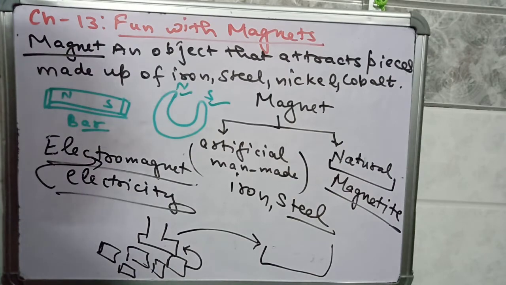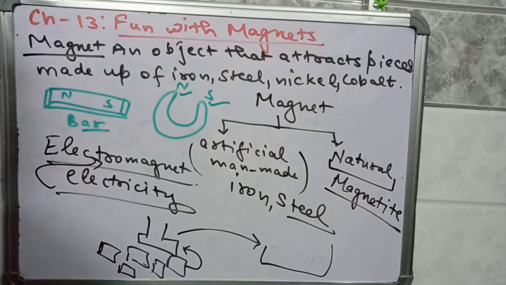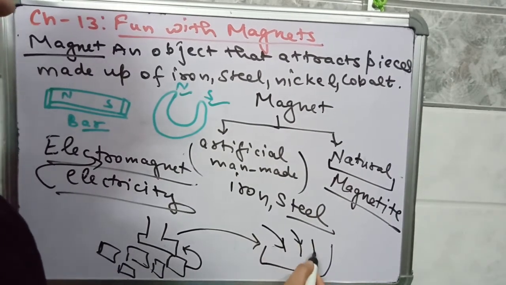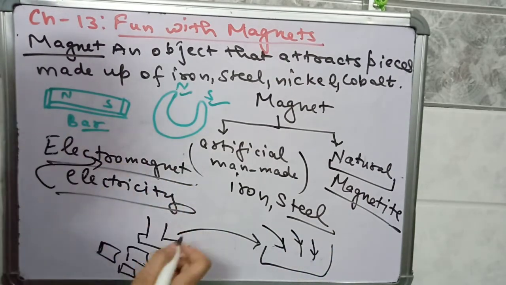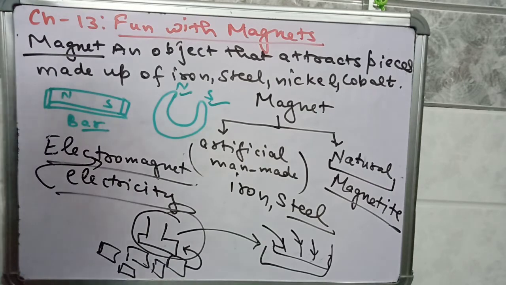When electricity is switched off, the electromagnet will lose its property of magnetism. Hence it will no longer attract the pieces of iron or steel, and the iron pieces which were initially attracted will be thrown away in the other area. So electromagnets are used in daily life also to separate the pieces of iron from copper and aluminium.